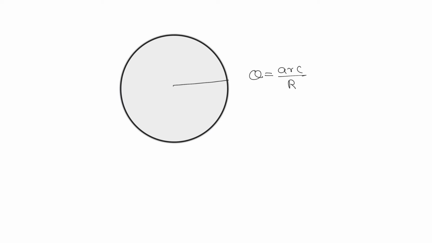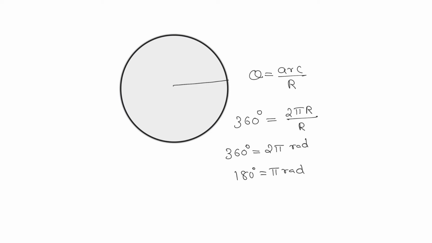So we know that theta is equal to arc divided by radius. Assume that one object completes its one full rotation. Then the value of this theta, normally we'll write in degree, is 360 degree, which is equal to the length of arc over here, which we can take as 2 pi r, the circumference, divided by radius, which we can take as r. So that's why we are writing 360 degree is equal to 2 pi radians. Or you can write 180 degree is equal to pi radians.